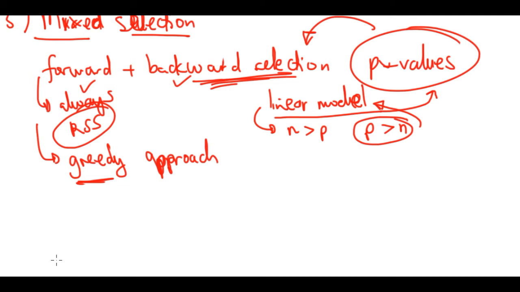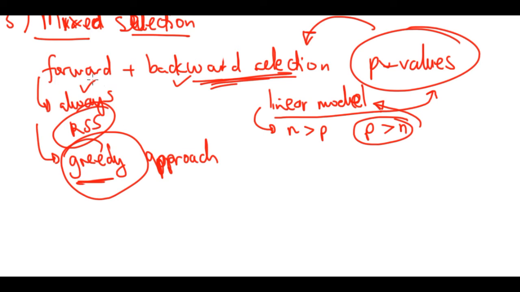Let's say the X5 that you added earlier on becomes insignificant as interactions start happening when you add other variables. You remember in our table previously, we had newspaper, right? Newspaper by itself was fine. So imagine we had started our forward selection by adding newspaper. It was fine. And then we add radio, cool. But then when we add TV, the third one, if you remember in our table, the newspaper stopped being useful. The p-value shot up. It stopped being useful when the three were there and interactions started playing a part, right? But with forward selection, there's no way of removing that newspaper that we already had because we're just adding to the model. It's greedy. It can take all the variables, even useless ones. So that's what sucks about forward